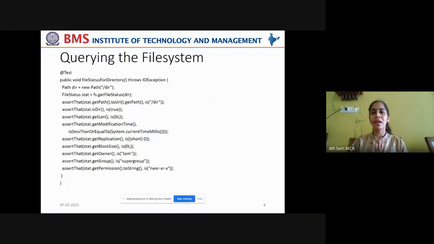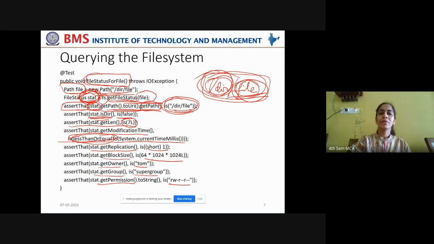Sorry, FileStatus class. FileStatus class has the getFileStatus method, right? Now we are trying to further do this for the directory also. In the last code, we have defined a method to get the file status for a file. Yes, one method is completed.